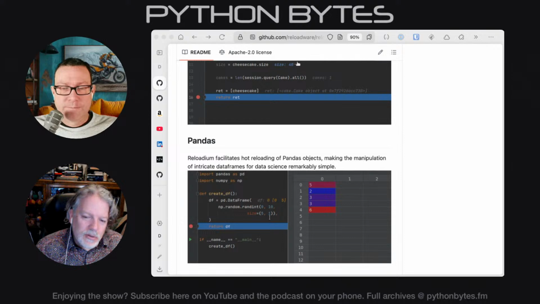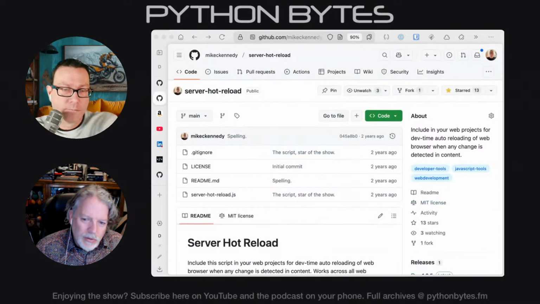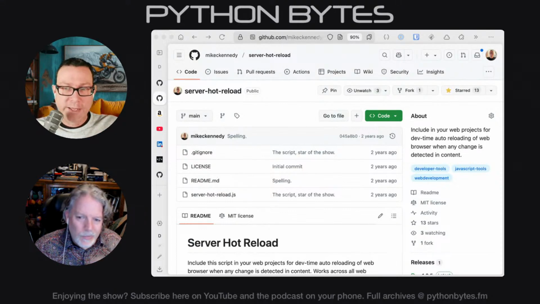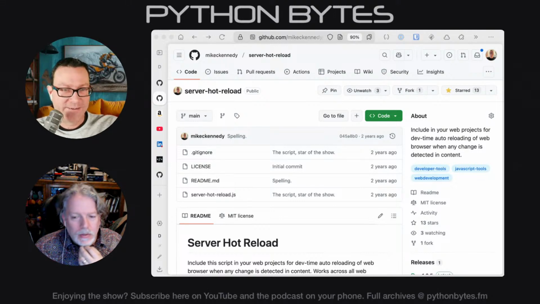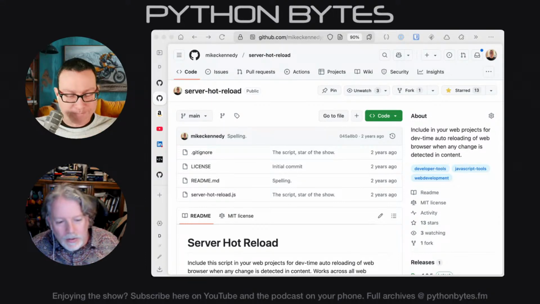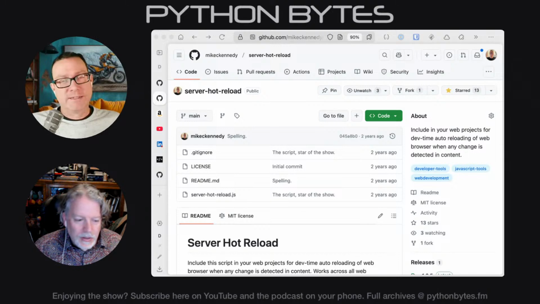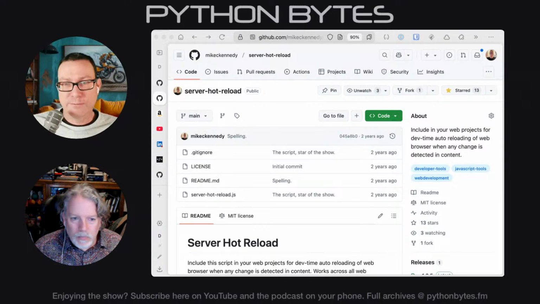So the server one probably doesn't do the, like, if you change Python. Or technically, no, it doesn't do that. However, if you set Flask to do that automatically, and then it re-requests the page, then yes, it does. You know what I mean? Oh, okay, got it. Yeah. So if you're willing to use the framework tools, then it does. Okay, very good. Cool. Yeah. But it's nowhere near as intense, which I think for some people is a drawback and other people is a plus, depending on where you are.